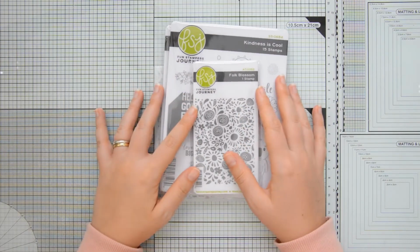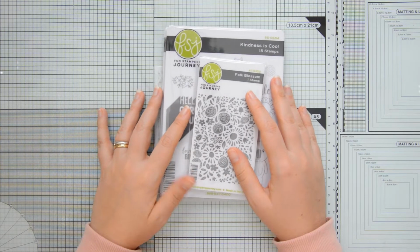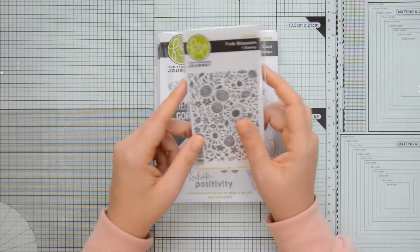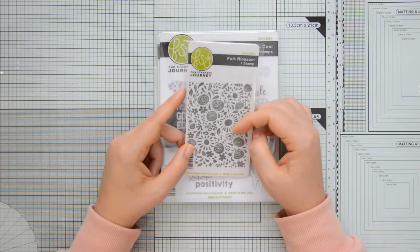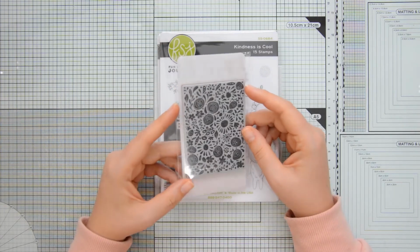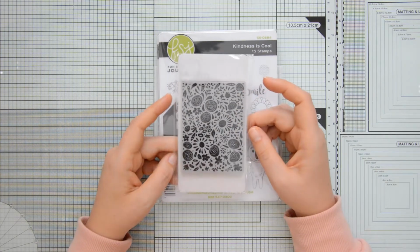The Kindness Matters kit includes 4 different products as well as 4 different pre-kitted projects with instructions so that you can get creative right away. We have the Folk Blossom stamp. This is a mounted rubber stamp, so the stamping impression will be great every time, and it features this really